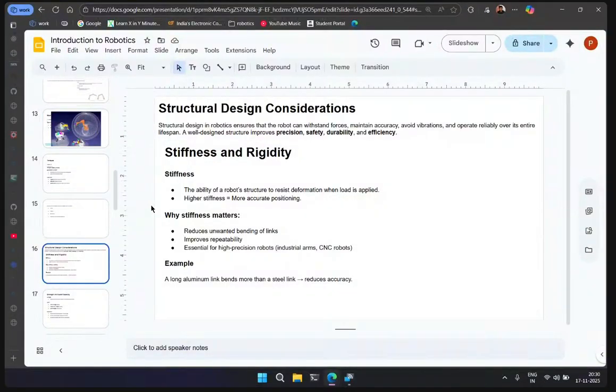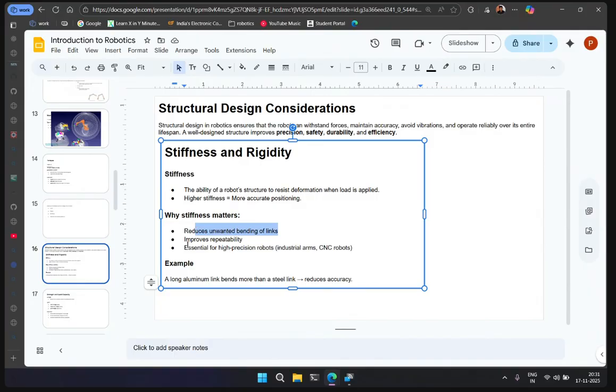So that's what stiffness is. See, it reduces unwanted bending of links and improves repeatability. When you're moving your robot continuously, if it's not that much,